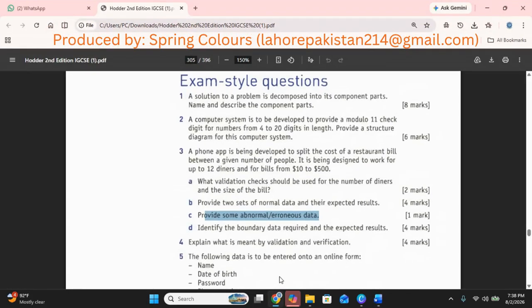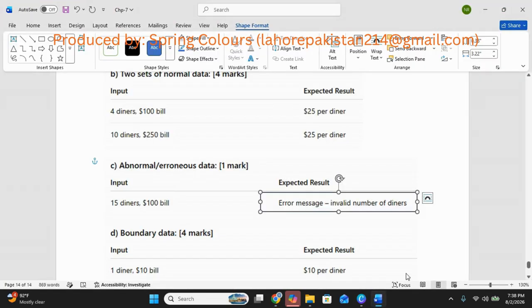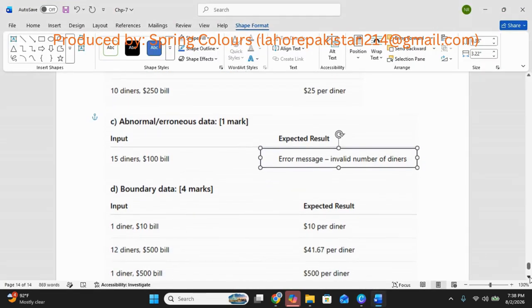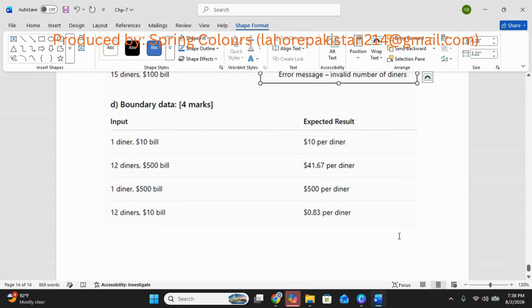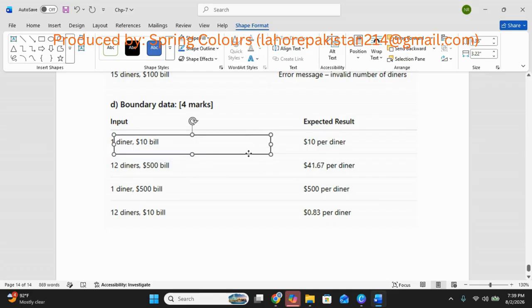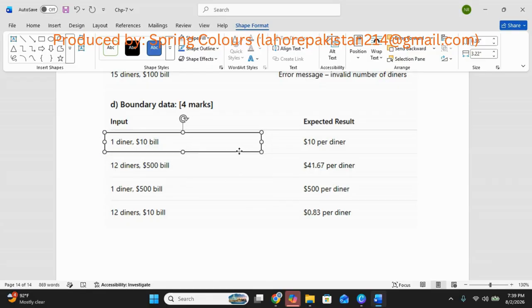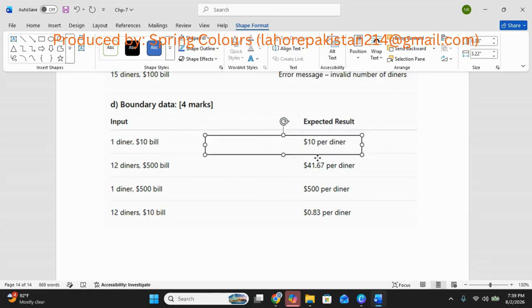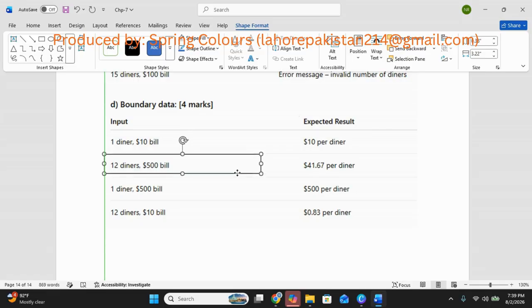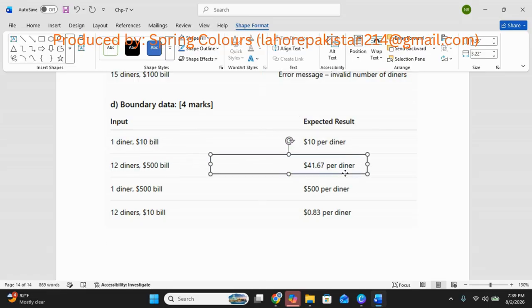Now let's move on to the last part of this question. Identify the boundary data required and the expected result. As you know, boundary data is the least amount or the maximum amount that can be entered into any app. So the least number of diners is 1, the maximum number of diners is 12, the least amount of bill is 10, and the maximum amount of bill is 500. So with the least number of diners and the least bill, the expected result will be $10. With the maximum number of diners and maximum bill, the expected result will be